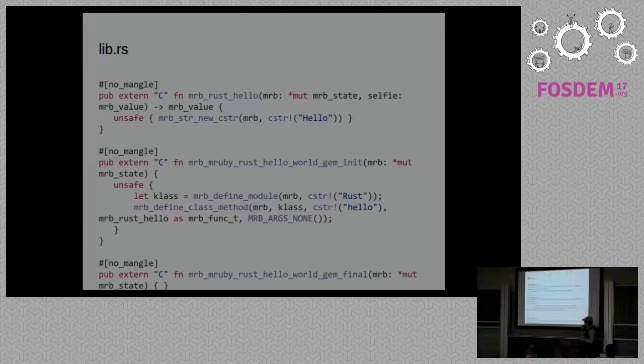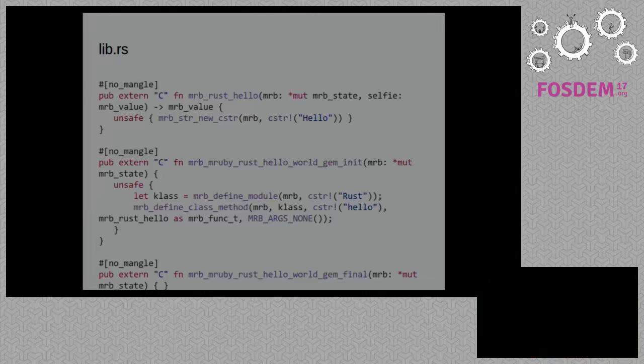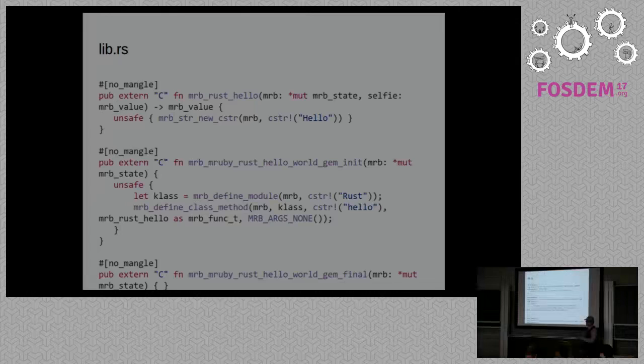And one of the reasons I have these unsafe blocks here is because in Rust, with the ownership model, you have to be able to tell the compiler, hey, I'm not actually responsible for the life cycle of these objects called inside this block. Since this is a C call, someone's responsible for managing the life cycle of these objects, and the compiler is not. So you're telling the compiler, hey, I know what I'm doing, don't worry about it, this stuff will get cleaned up, and you don't have to worry about this at compile time. So since I'm making basically these C API calls from mruby, the C API, I need to wrap them in